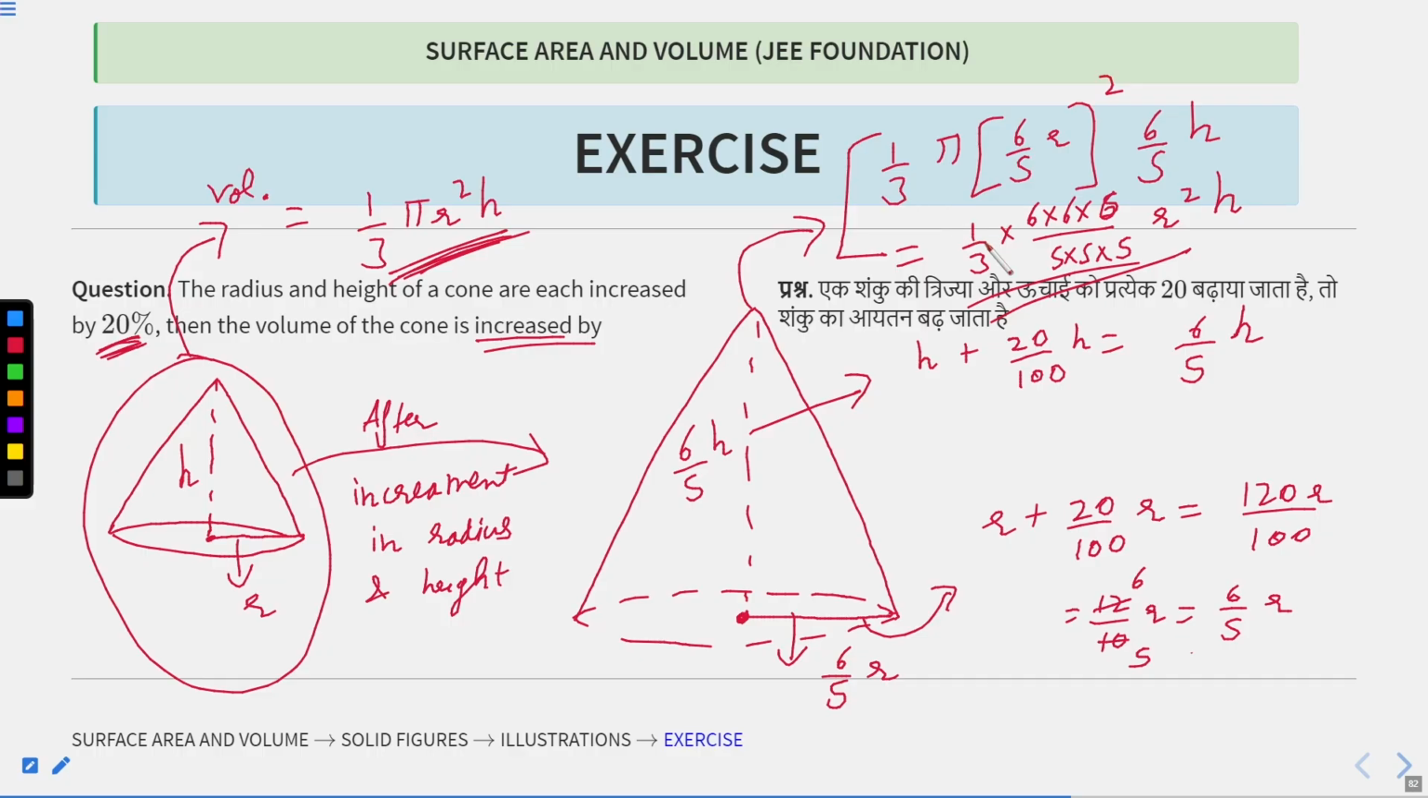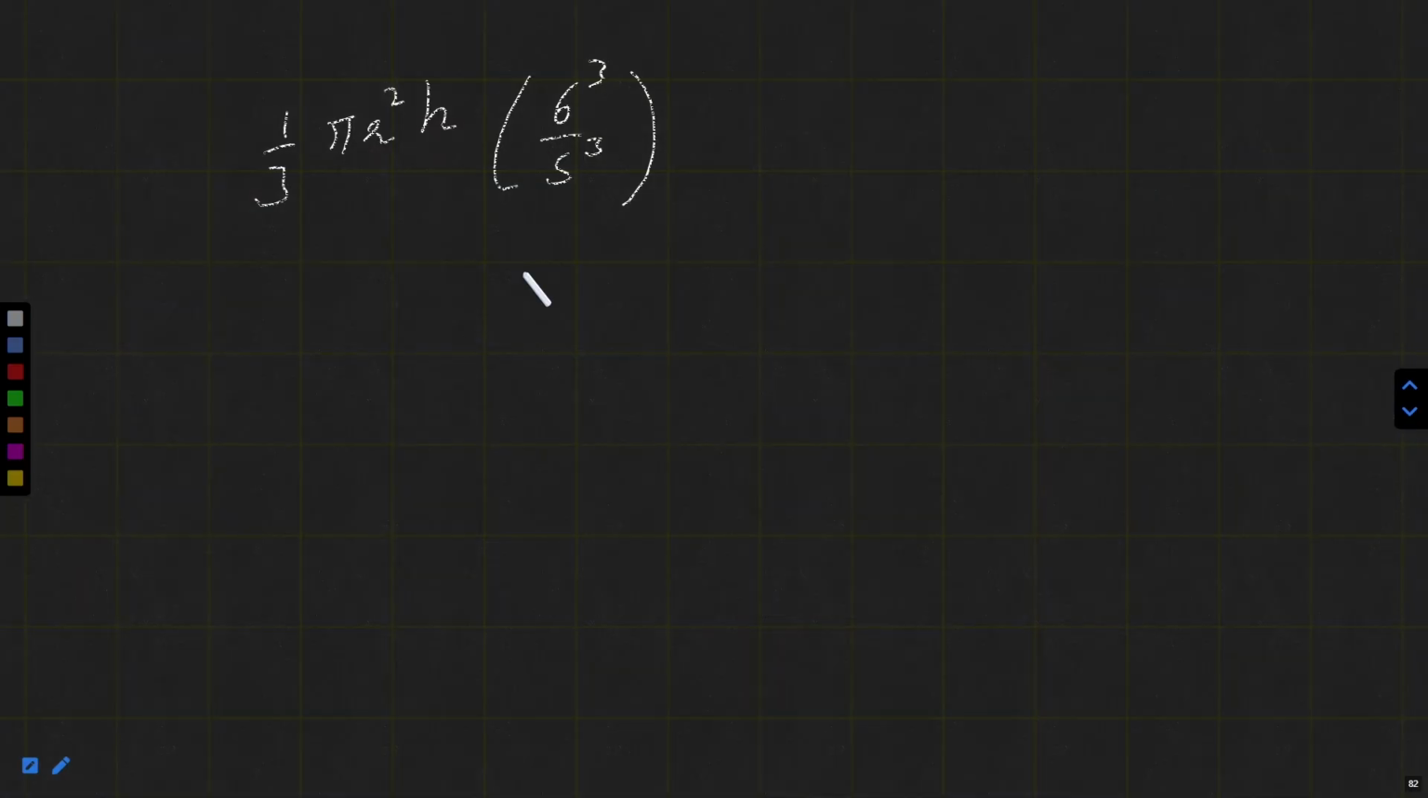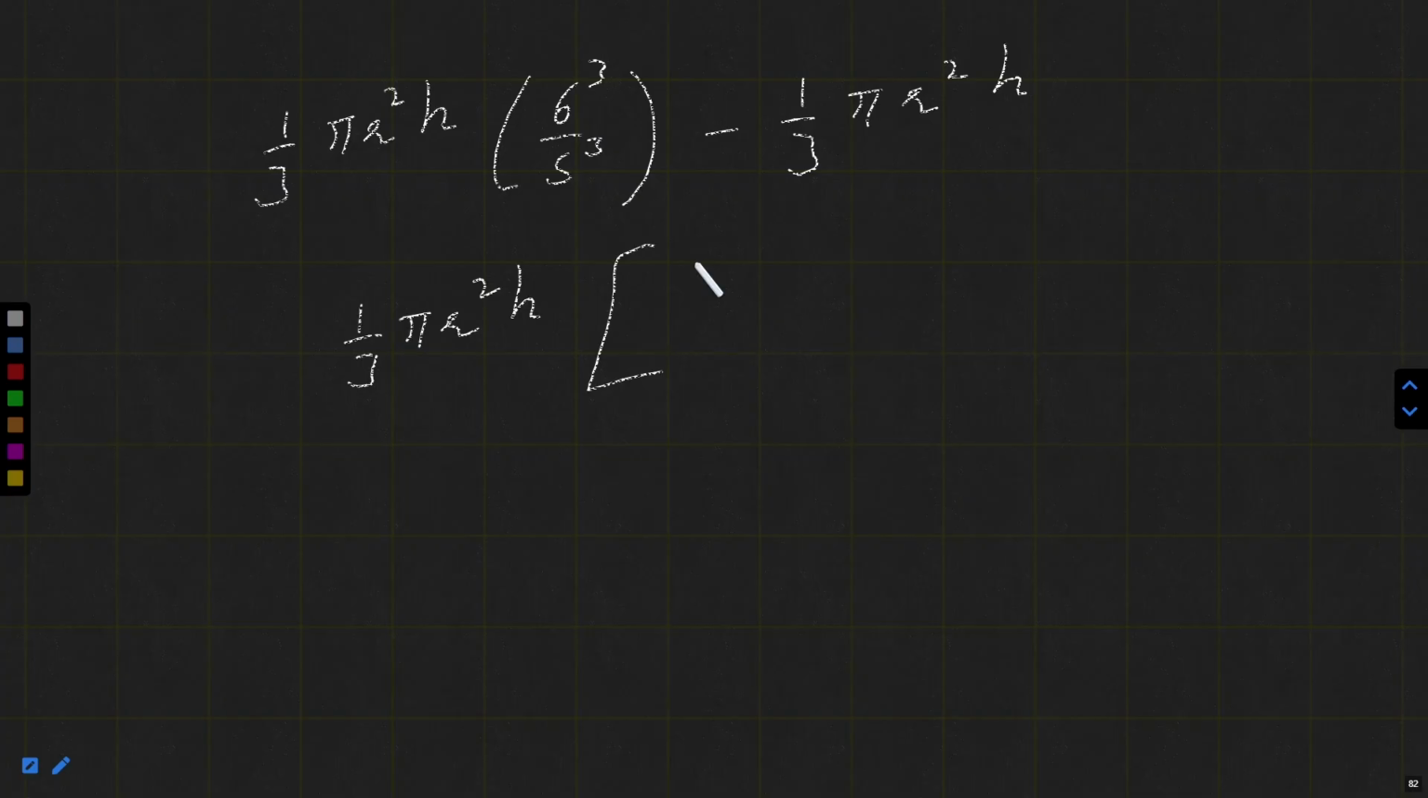So 1 by 3 pi is there, so pi r square h, 6 cube by 5 cube, and the old volume is 1 by 3. The old volume is 1 by 3 pi r square h. So taking 1 by 3 pi r square h common, so this is my